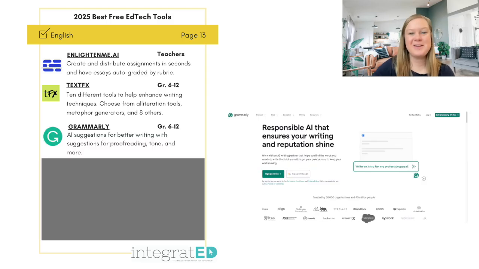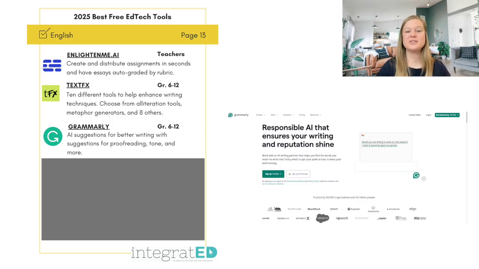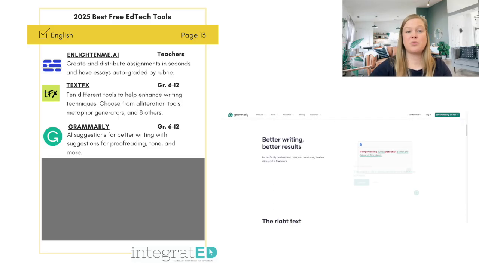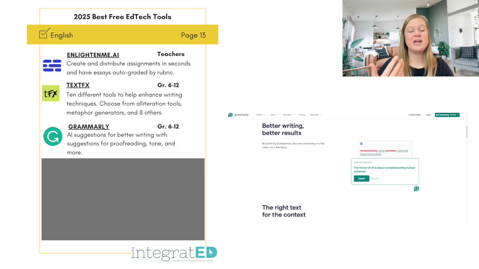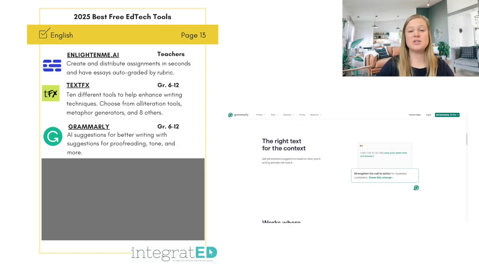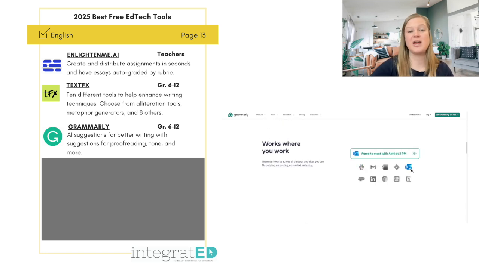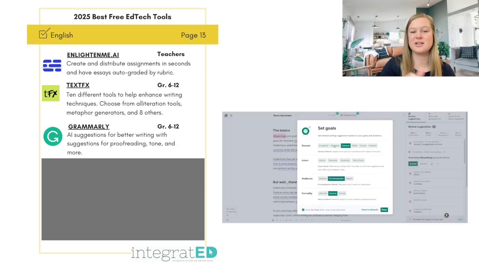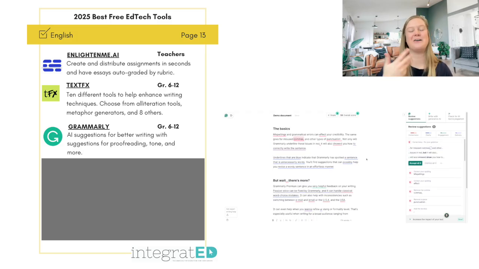Grammarly, I use this all the time. It is a great writing assistant that checks grammar, spelling, punctuation, style, and also the voice tone, right? It provides that real-time feedback and suggestions to help students improve their writing. So you can use Grammarly to support students in developing their stronger writing skills, enhance their grammar and style. You can always use it too on your own documents. I use Grammarly every day. I love the suggestions that it gives me. And no matter the application that I'm in, my Grammarly is always running. So whether I am writing on a document or inside a website or inside a spreadsheet, it is always running, and it's helping me have better grammar and better spelling all the time. So I love using